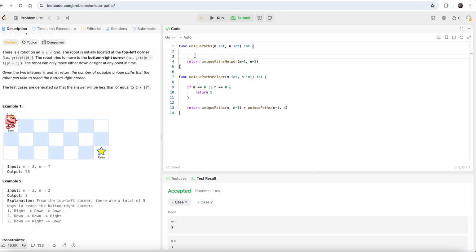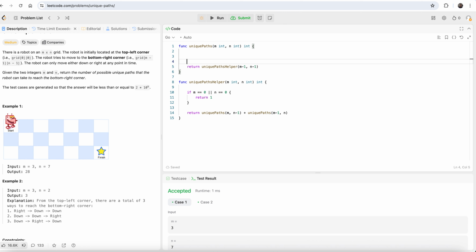And I need to store the result. So for that I can create one variable dp, and make it a map, where the key is a string and the value is int. I can pass this dp, a map of string and int,